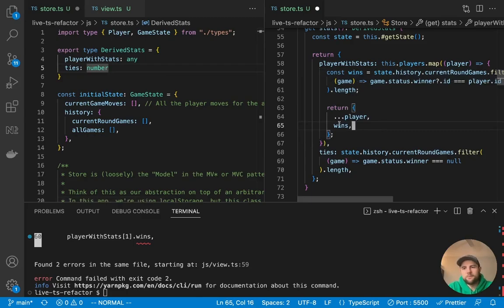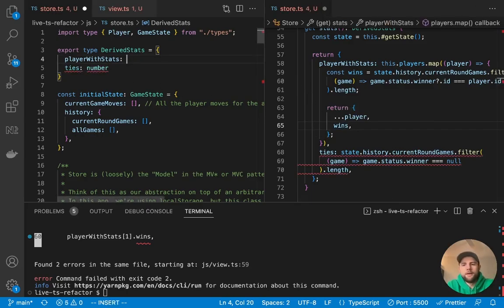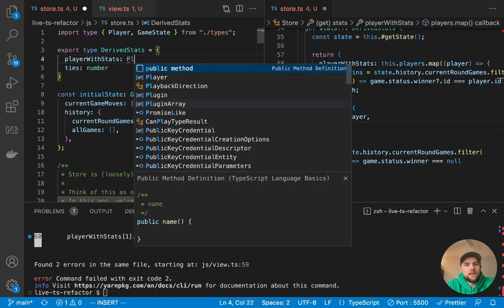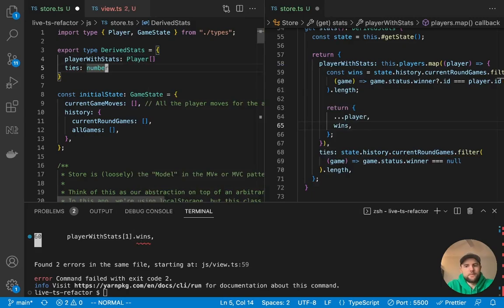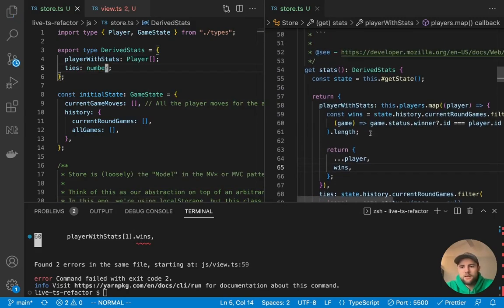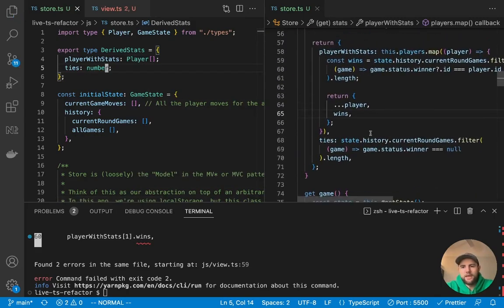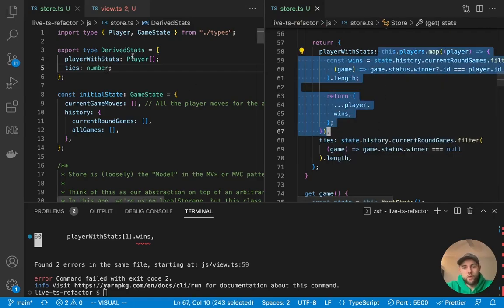That satisfies it, but what does that get you? It doesn't really help you throughout your code base because now anything can be passed here. You don't get that explicit type checking. So what we want to do is say that this is going to be a player array. Now, let's see, it doesn't seem to be complaining about that because this does satisfy player array.